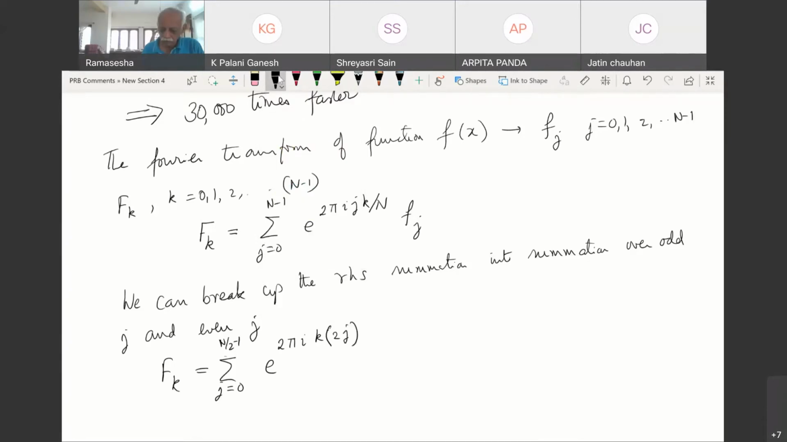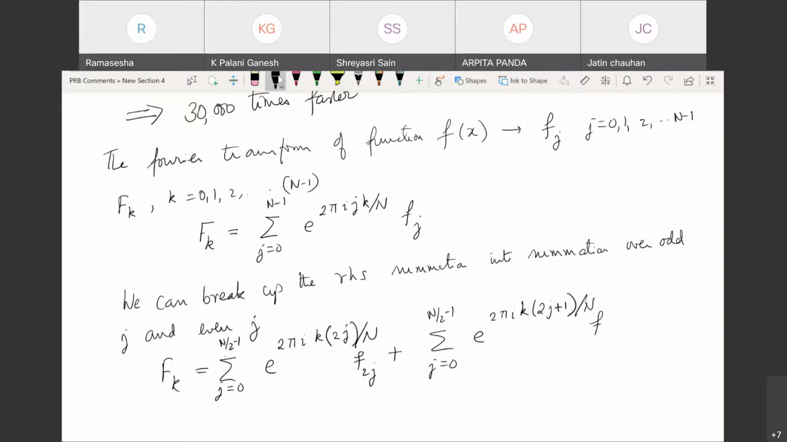Two j by n plus sigma over j is equal to 0 to e to the power 2 pi I for this multiplied by n. Okay, and this is 2 pi I k times 2j plus 1. It has to be 2j plus 1 because odd means it will start with j is equal to 1. Okay, 2j plus 1 divided by n times f of 2j plus 1. Okay, so now you see